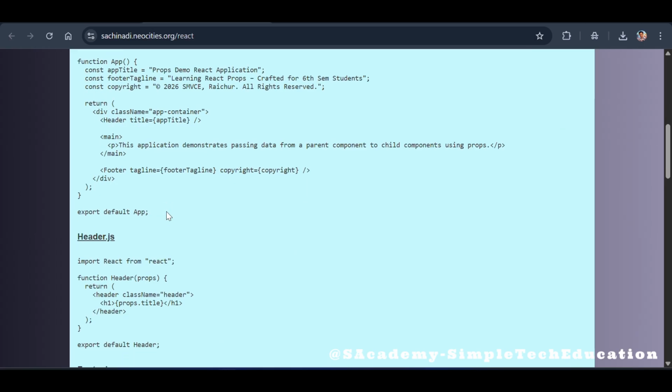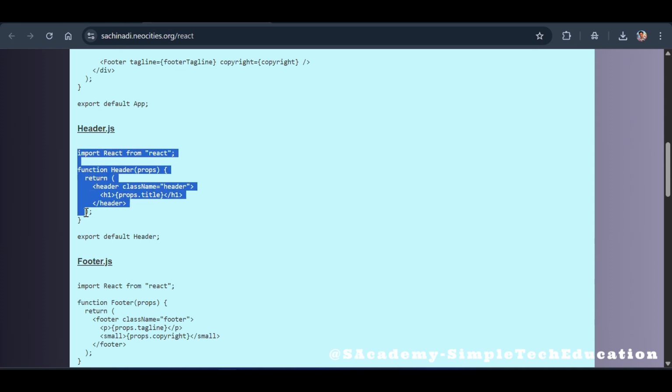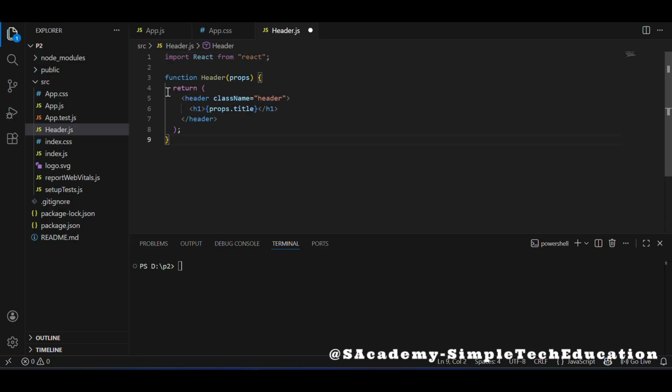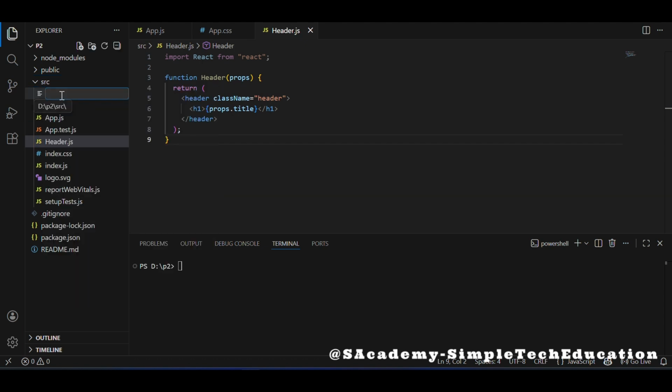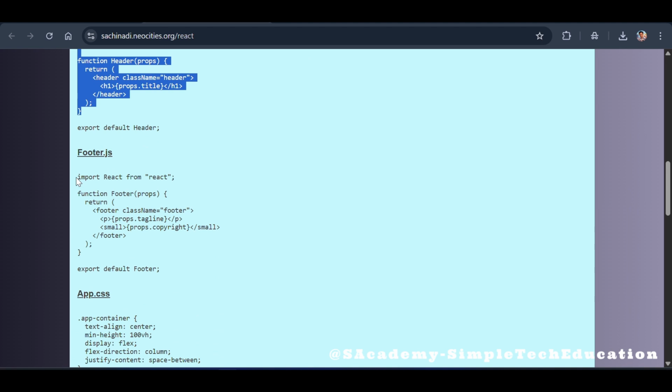Now just copy this code which we have to paste in header.js. Ctrl S to save. Again same, right click, new file. Now we have to type footer.js and press enter. Again just copy